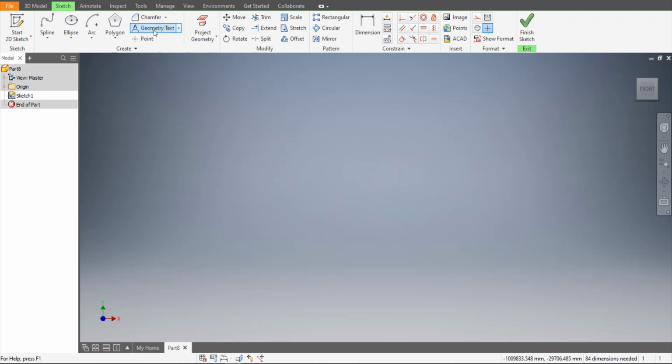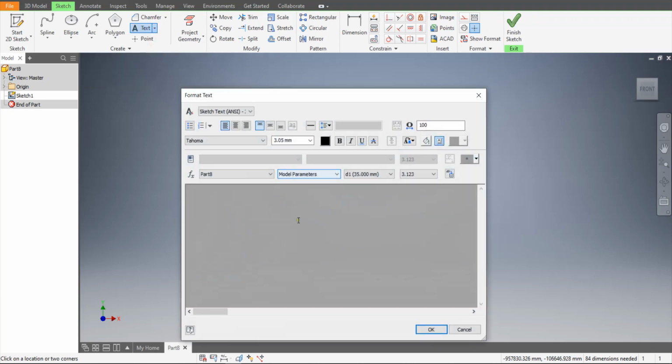By the way, we forgot this one. Create text. Yes, create text here. You can type any